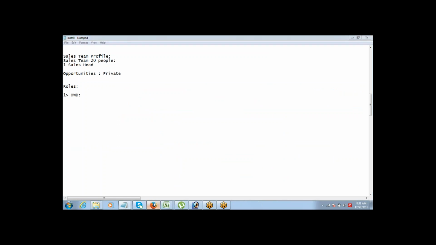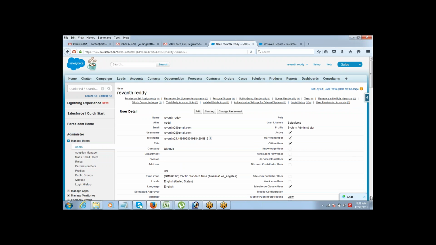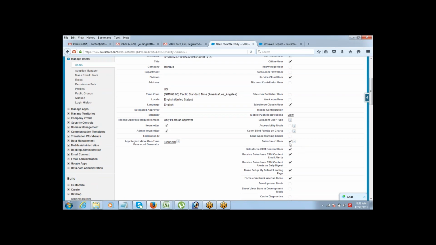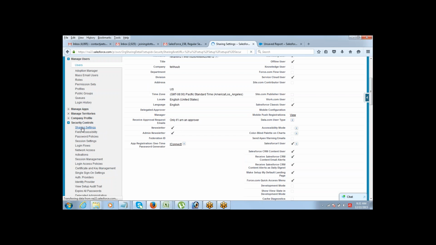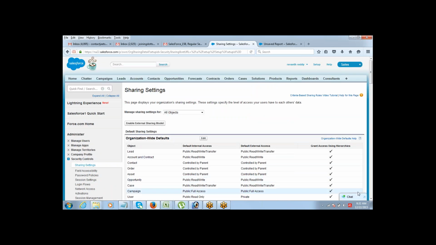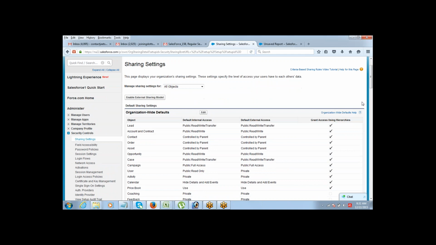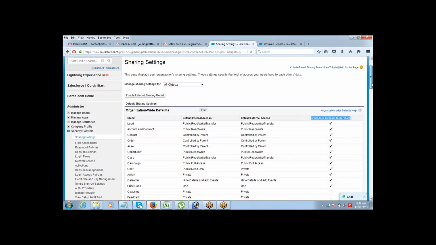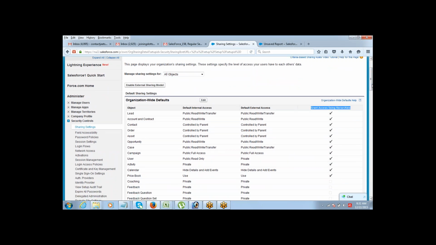While we were talking about OWD, let me go to the OWD setting. Security, Sharing Settings. In OWD, you have an option called Grant Access Using Hierarchies. What does this mean? This means that the person who is on top of you as per the role hierarchy will have access to your data even if the data has been made private.